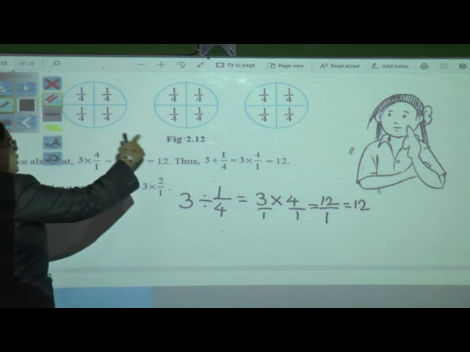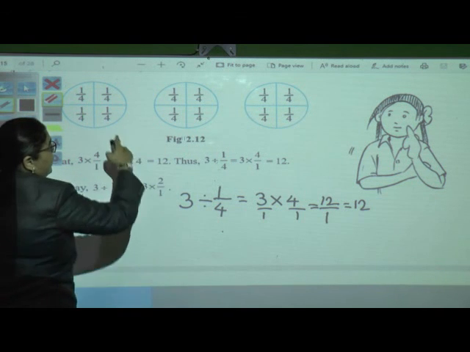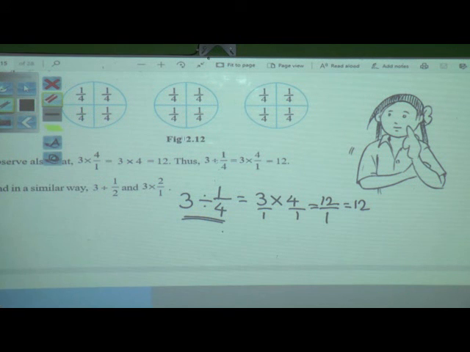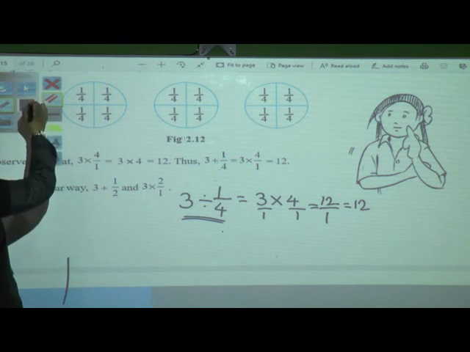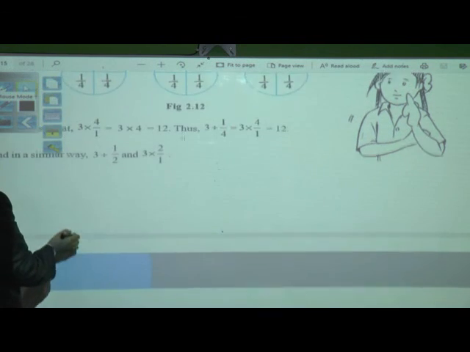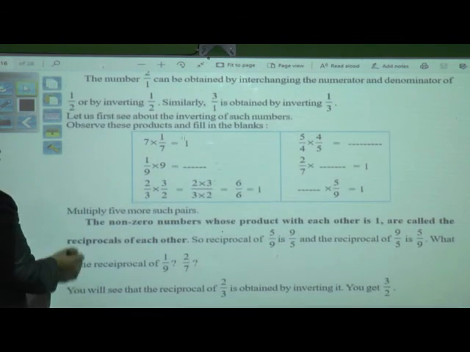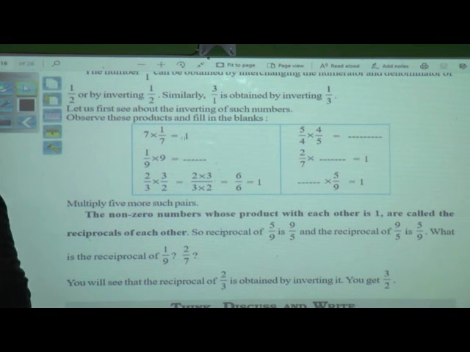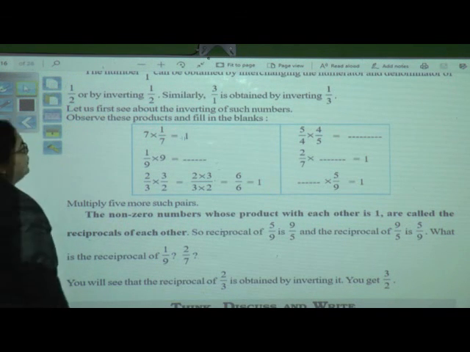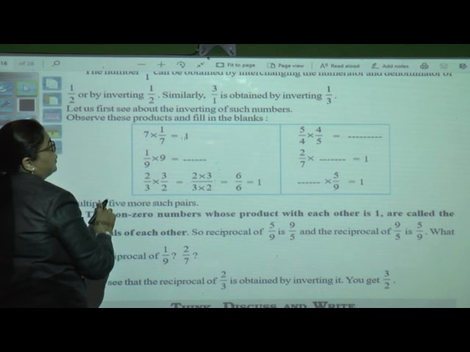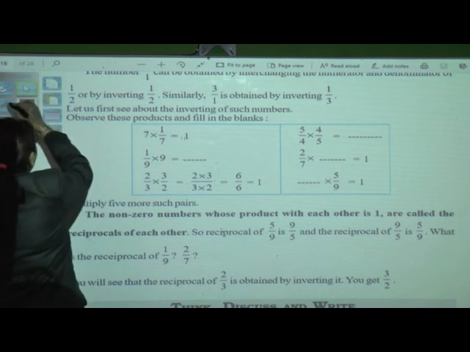So if it is a small number you can do it, but when we have a large number we have to follow this procedure and find out. So you can see how to do the division of this. Here we have some multiplication facts also with the division facts. Here, I already told, when it is possible to reduce, we have to reduce.